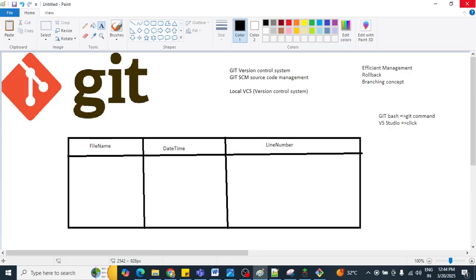And in that playlist that is based on the Git concept, I will tell you how you are going to use Git with the help of Visual Studio also. Everything you will know, I will cover each and every command of Git, and with the help of Visual Studio, how you are going to execute your commands without remembering them. I will also tell you how.